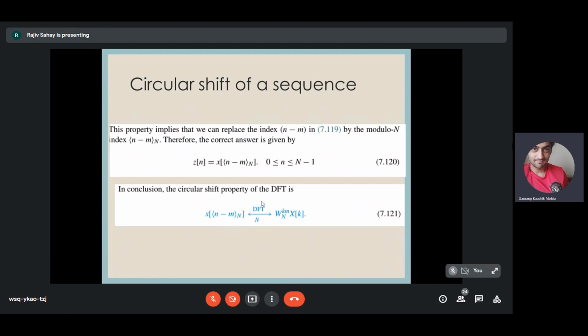This circular shifting is handy while understanding the idea of circular convolution, because in a convolution, you have to shift a signal. You have to flip the signal, that means you have to do circular folding. You have to do time reversal. So you have to take x of n, do a time reversal, and you get x of minus n modulo N. So that is circular folding. After doing circular folding, you are supposed to do circular shifting. So that is the idea here. So we will try to understand circular convolution. Up to now, is everything clear?